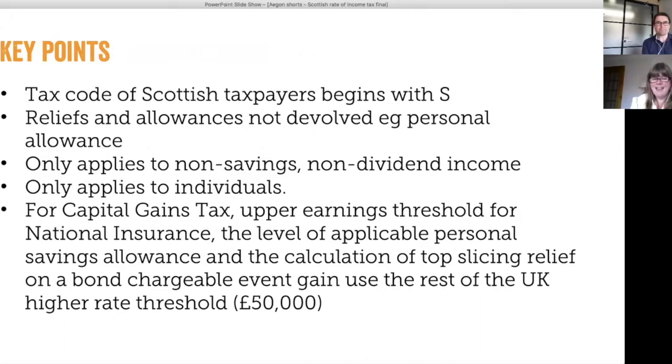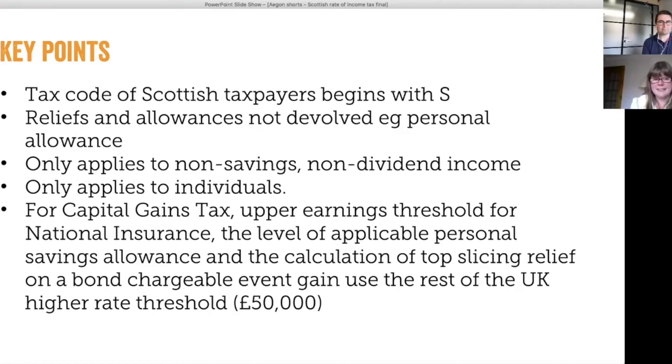So if we start, first of all, how do you identify a Scottish taxpayer? Well, Scottish taxpayers have an S in front of their tax code. So that's a way of identifying that you are a Scottish taxpayer. As I mentioned before, the personal allowance and other allowances, such as the dividend tax free allowance and the personal savings allowance, those aren't devolved,